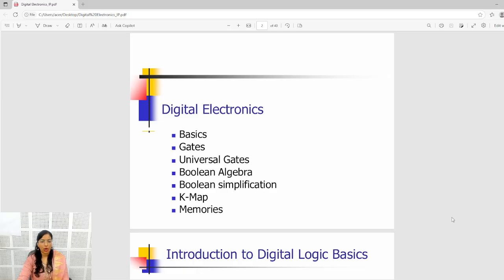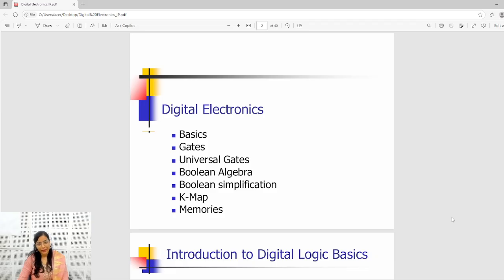A brief overview of what we are going to discuss in today's discussion on digital electronics. Firstly, we'll discuss some basics, an introduction to digital logic, then the gates. Proceeding forward, we will go on to universal gates, discussing what universal gates are and what their applications are. Going forward, we'll discuss Boolean algebra, some of its laws, and how we use the Boolean laws for logic